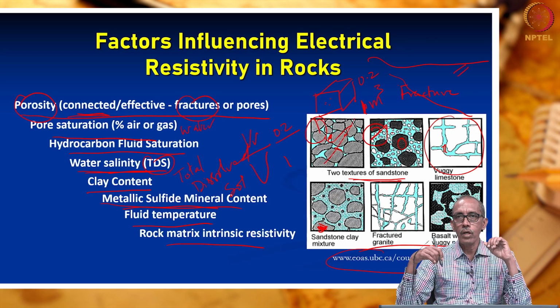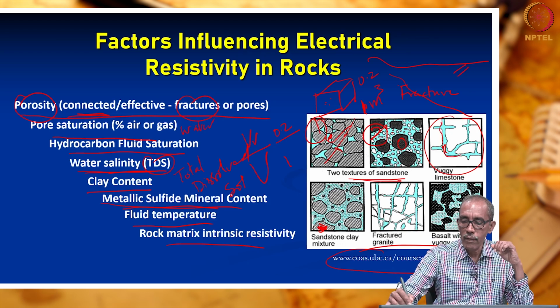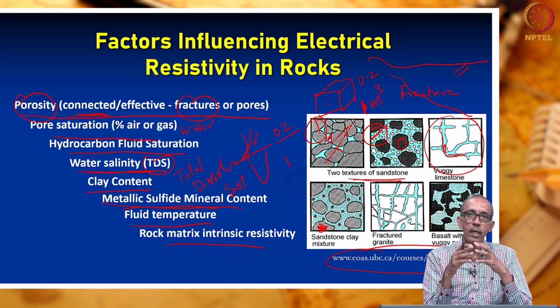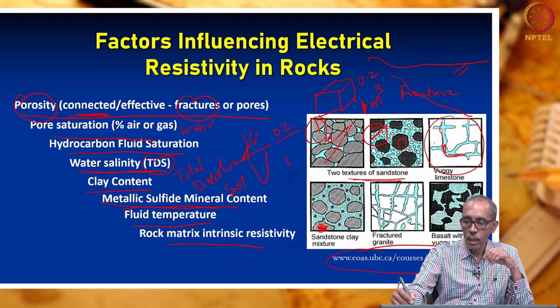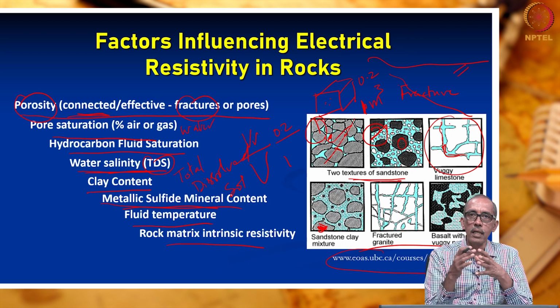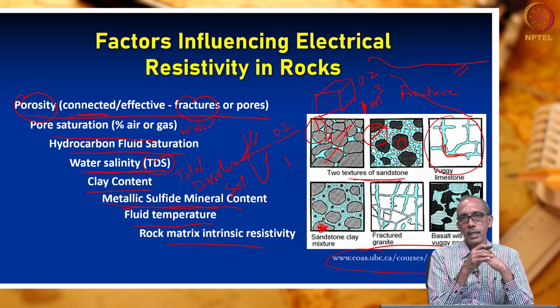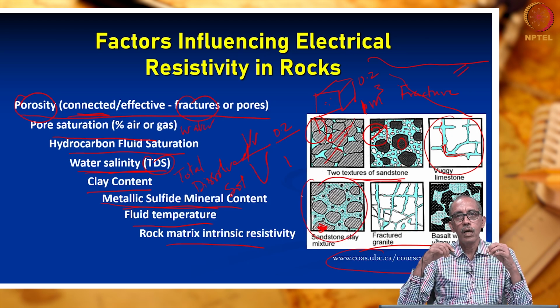Here is a limestone rock. Limestone rock has some cavities through which water is present, water is flowing. The movement of water leads to dissolution of limestone. So the amount of dissolution or presence of fractures controls the resistivity here. Right? In this case, you have sandstone, but sandstone also has some clay in it. So resistivity will be less.